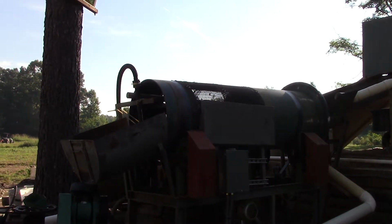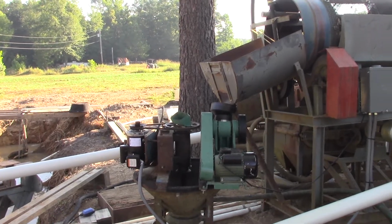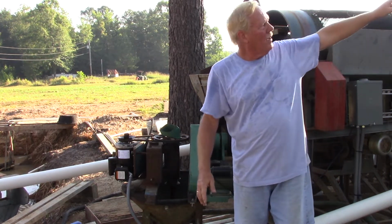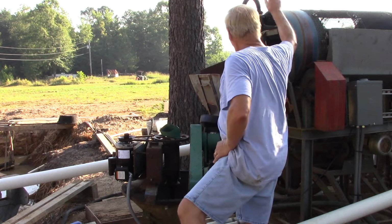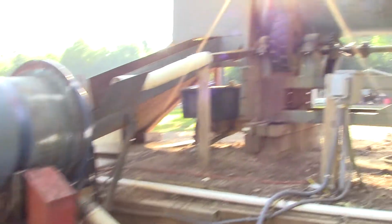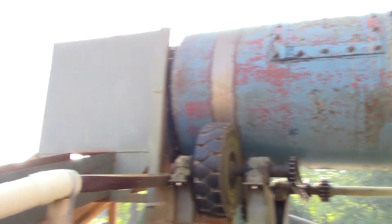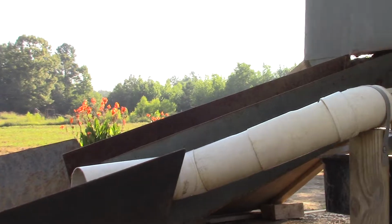This state-of-the-art diamond recovery plant was imported from South Africa, and I want to explain that originally it ended right here. So the large material goes in at the top, and the real coarse rocks go out the end over there, but everything else comes down this chute over here. Let me show you. So the big material goes in the hopper, all of it, fine, all the way to coarse rock, and rolls around in this scrubber, and the large material falls out the end over there, and everything